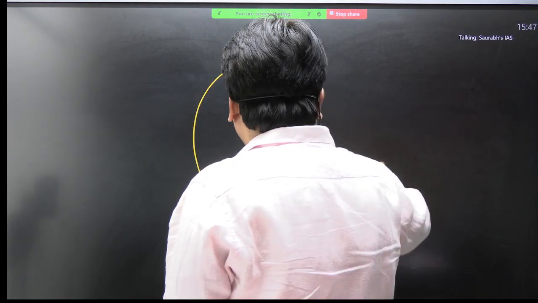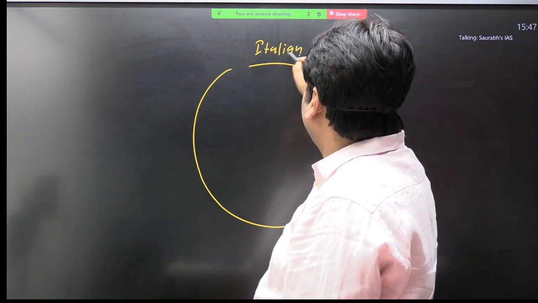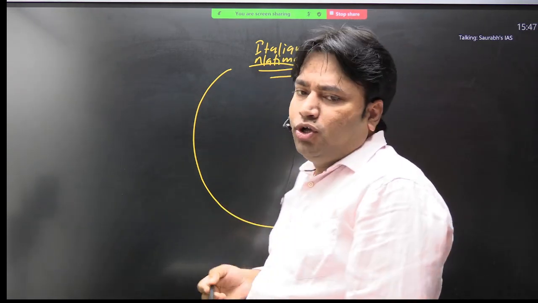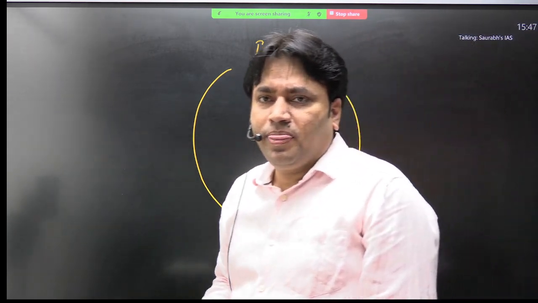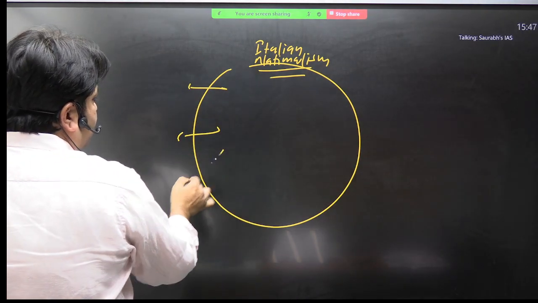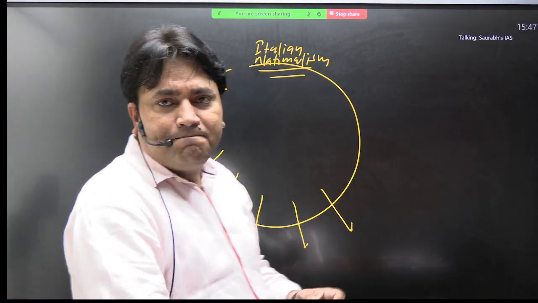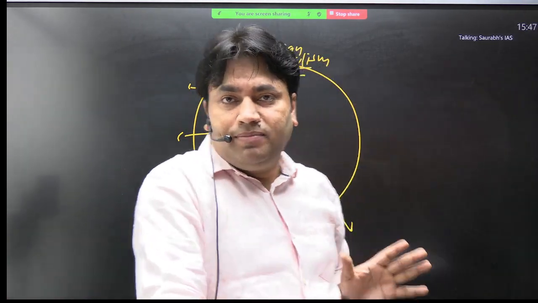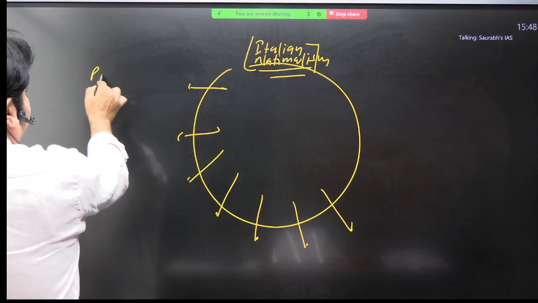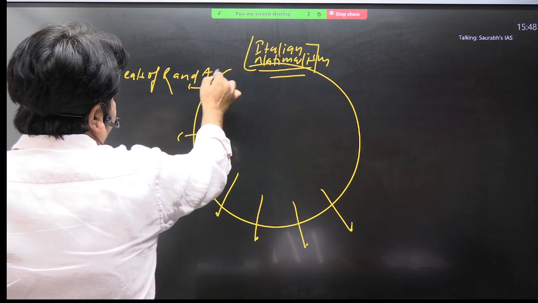So if we talk about Italian nationalism, which factors are responsible for the growth of Italian nationalism? Which factors are responsible? Can you tell me the points? Now you can easily relate some points. For example, before this process, see what happens. First of all, what is it? Progressive ideals of Renaissance and Age of Enlightenment.